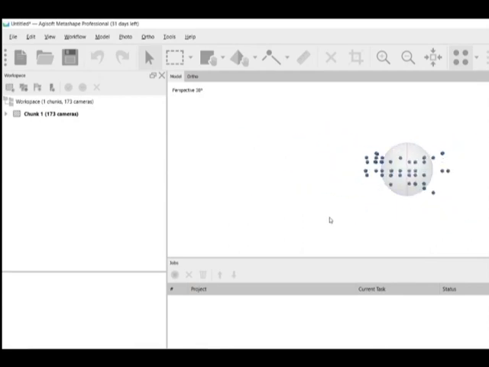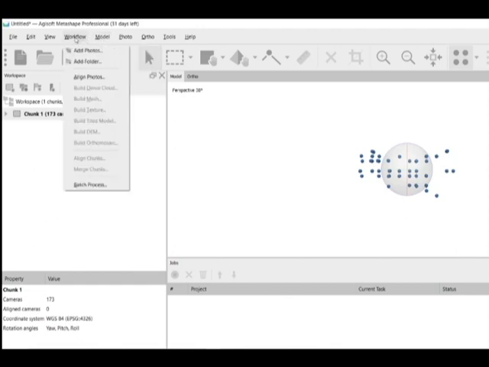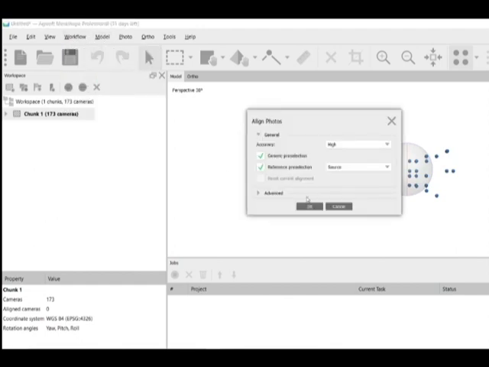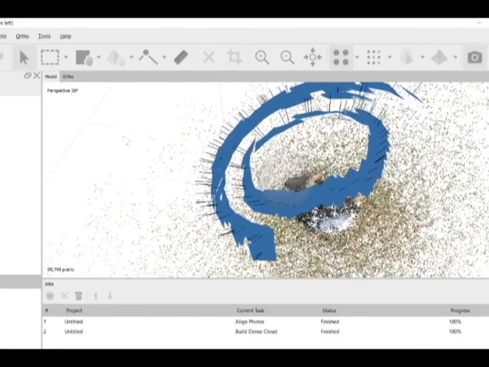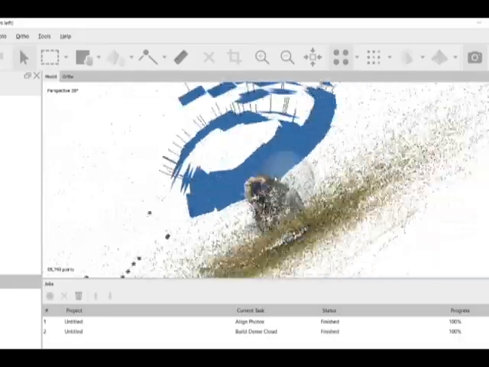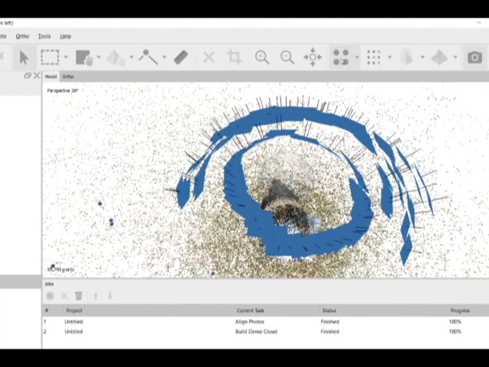Here we are. So we have a sparse cloud, and what we notice here is that we have many pictures and they aren't in many different views. We go and align them. That's what we're doing now. It's processing. It's gonna look at the images and place them in a way that one comes just after the second one. And judging from the top, you can see this is how the shots were taken.